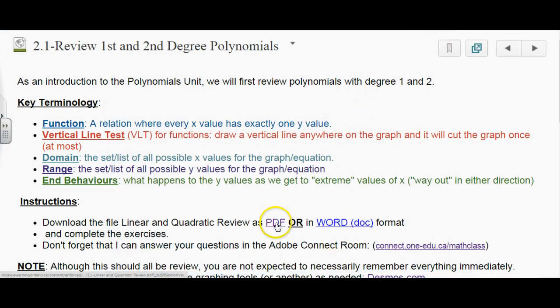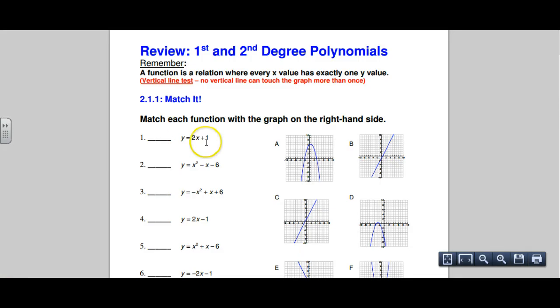If you want to use the PDF, then you can just print it right away. Of course, you could print the Word format right away as well. It just depends what you prefer. When we look at it here, I'm going to open it in a new